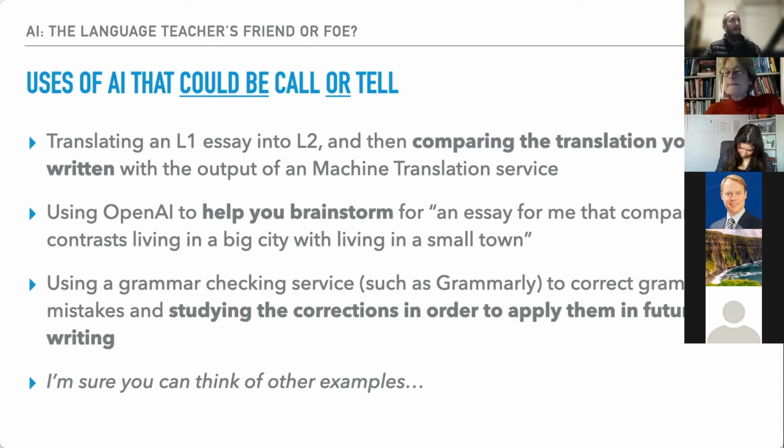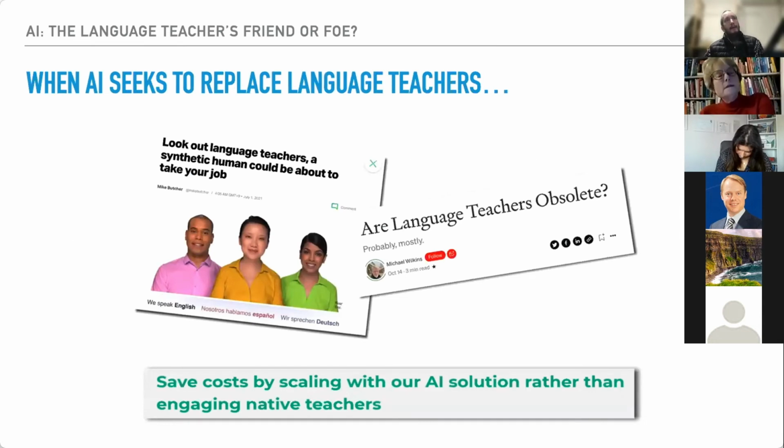Now, maybe that's okay. And that comes back to the thing about, okay, AI is going to negate the need to learn a language, because if we can produce grammatically correct utterances that do what we want them to do without learning a language, maybe that's okay. Right, so this is another question that language teachers might be asking themselves.